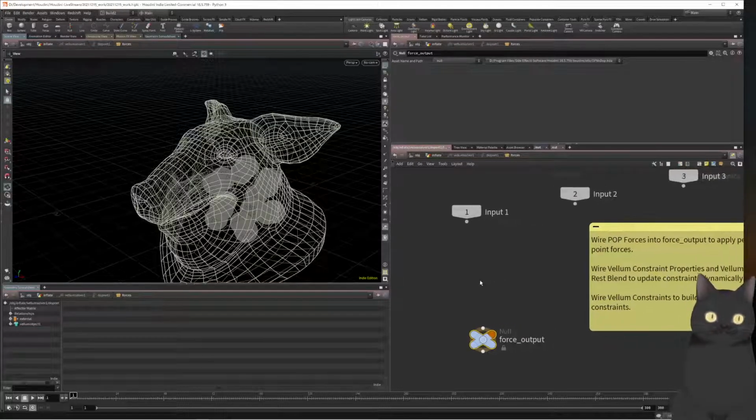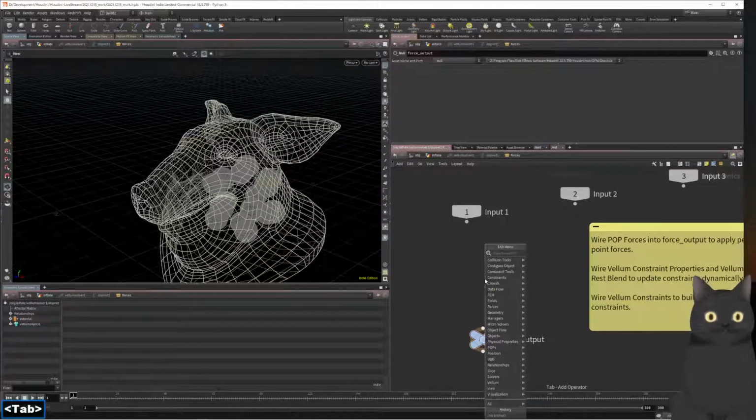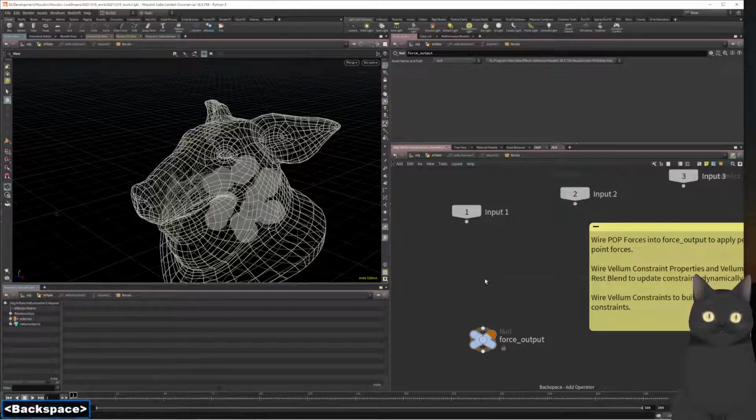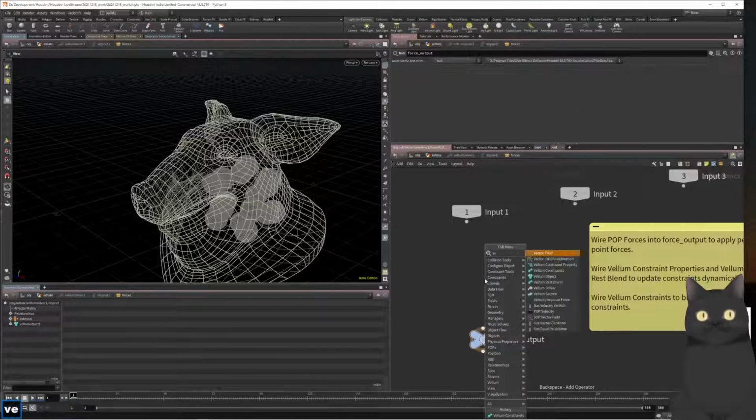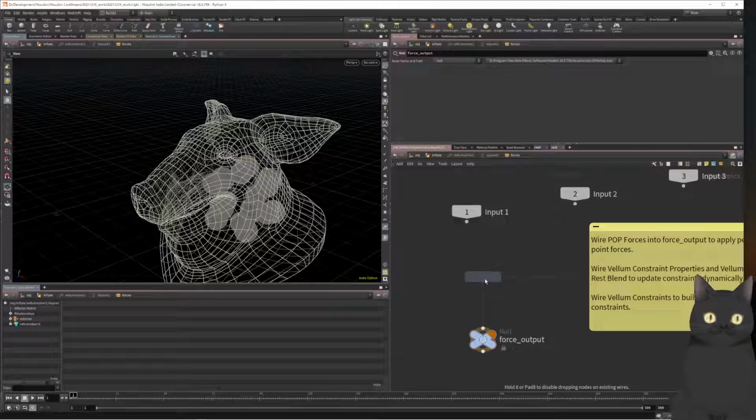we're gonna create a Vellum constraint. Vellum constraint property. Okay, and here just enable this group and select your